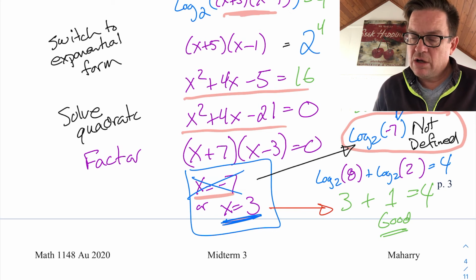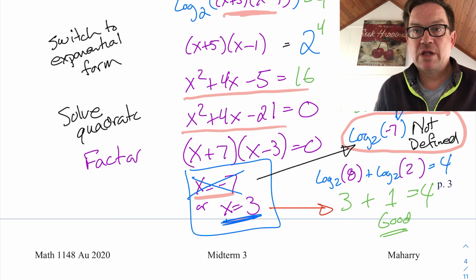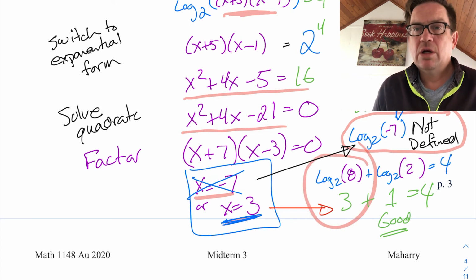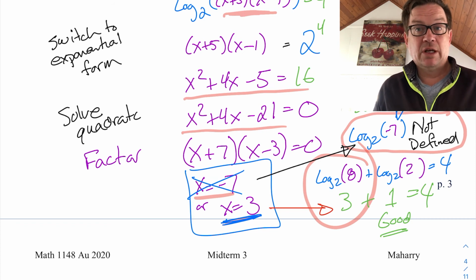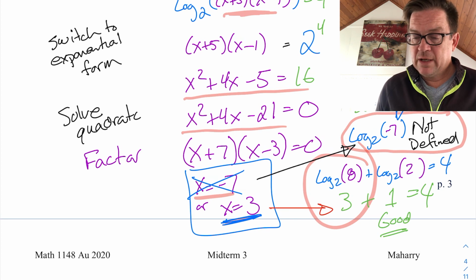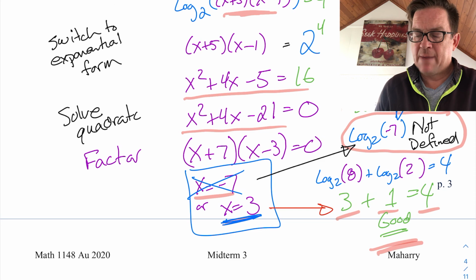Well, then we get log base 2 of 8, which is 3 plus 5, plus log base 2 of 2, which is 3 minus 1. And should that equal 4? Well, log base 2 of 8 is 3 because 2 to the 3rd is 8. And log base 2 of 2 is 1 because 2 to the 1 is 2. So I get 3 plus 1, which does in fact equal 4, and I'm happy. Okay, so 3 is the only valid